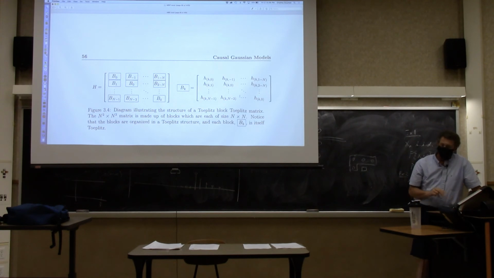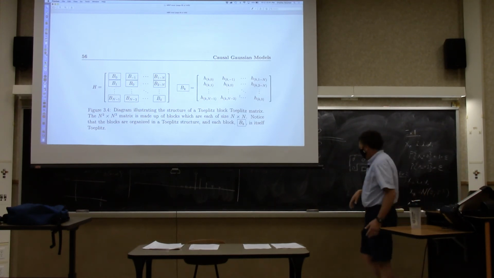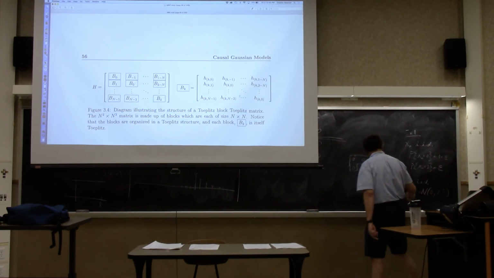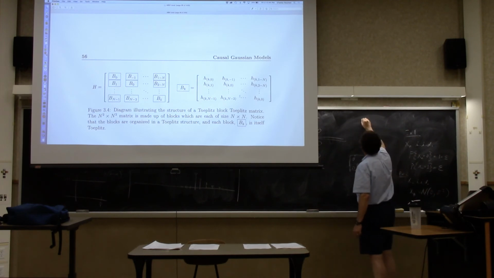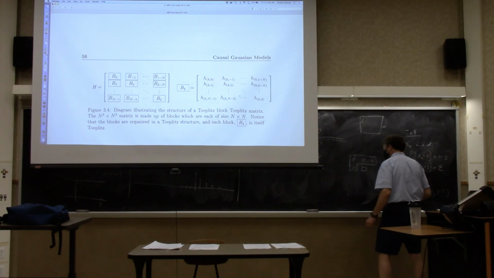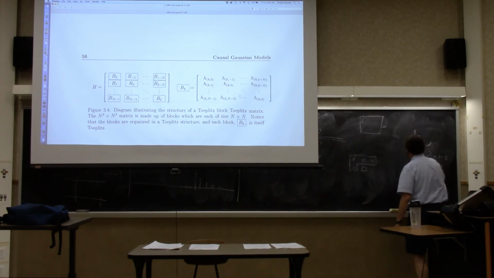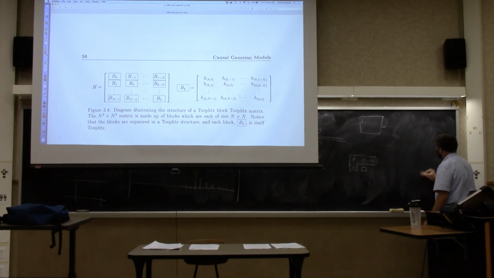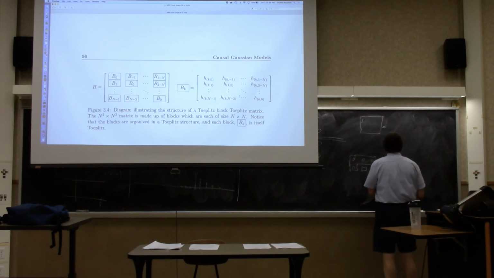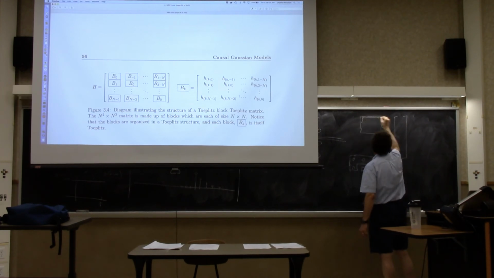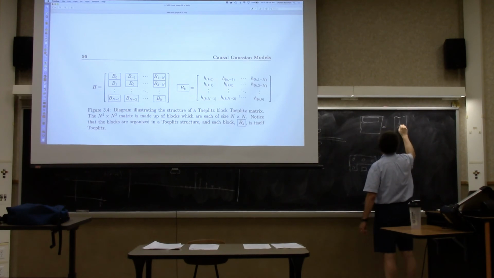But when you had to vectorize this stuff, you order the pixels. So you have an image like this, and you do a raster ordering of the pixels. You take the first line and you put it here, and then you take the second line and you put it here. And then